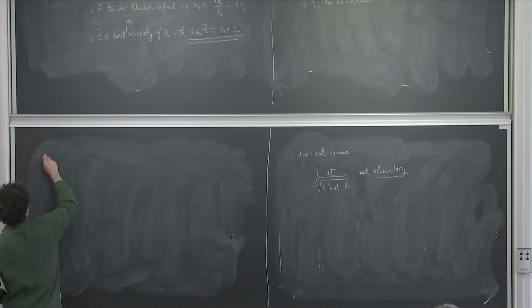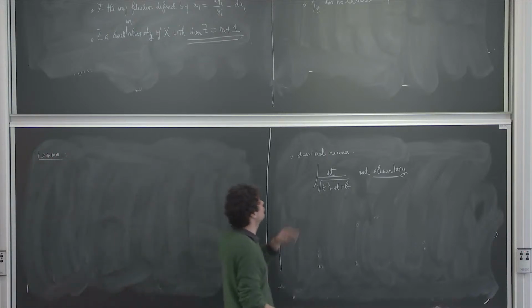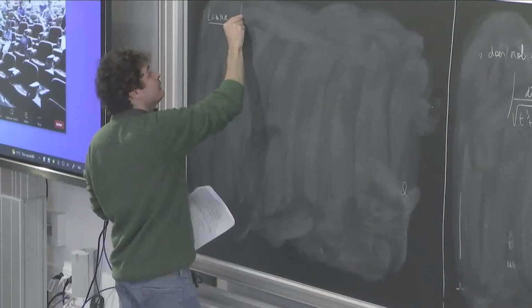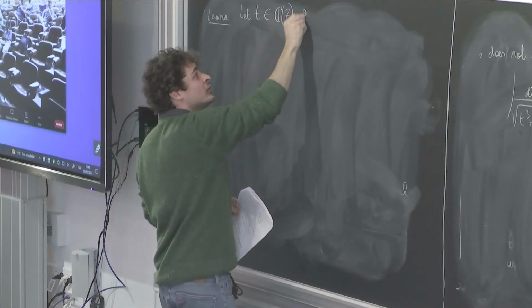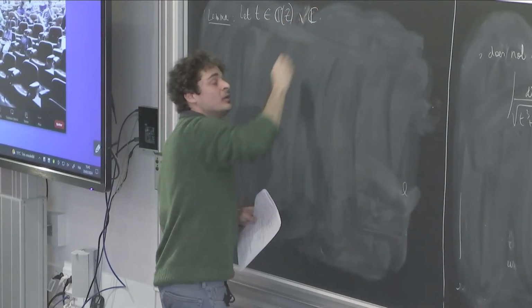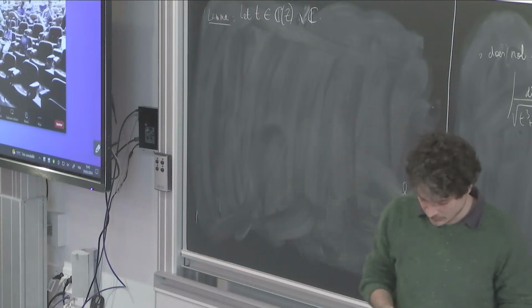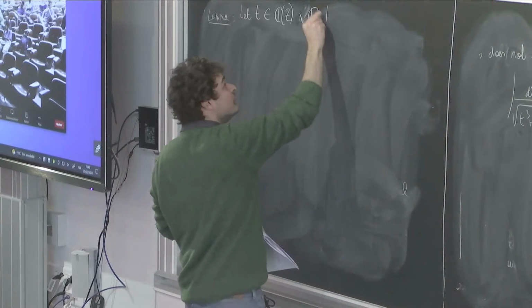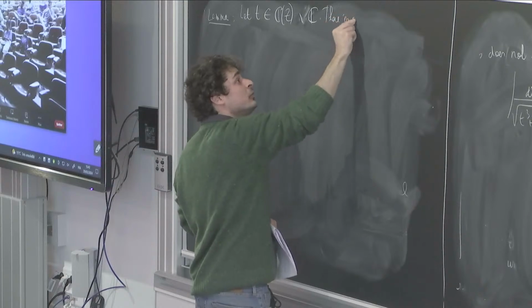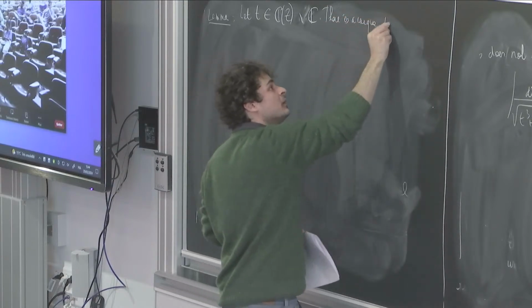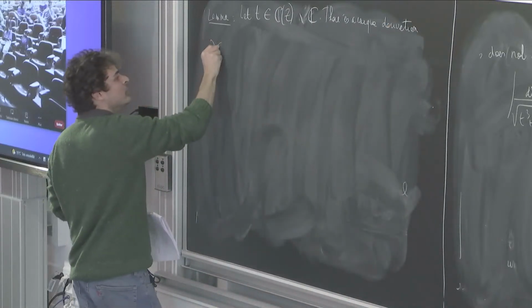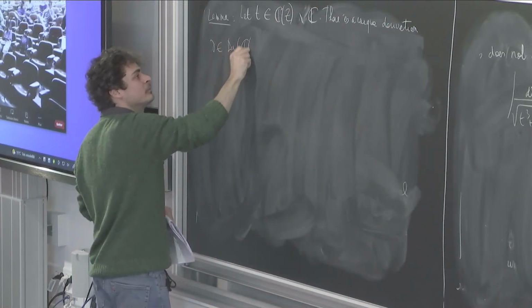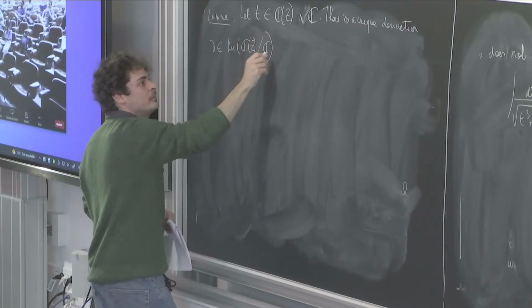And the lemma tells me the following thing. So I'm going to fix t, let t be a rational function on Z, which is not constant, which is not in C. Okay. So then there is a unique derivation, partial, which lives on Z and is trivial on C